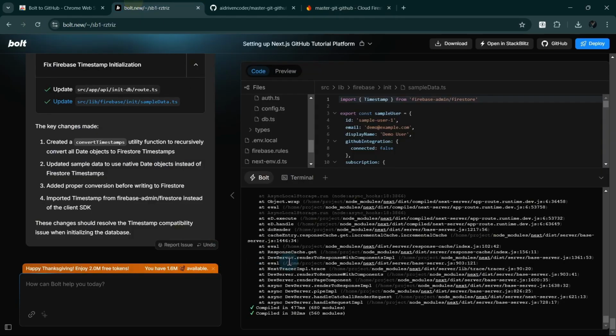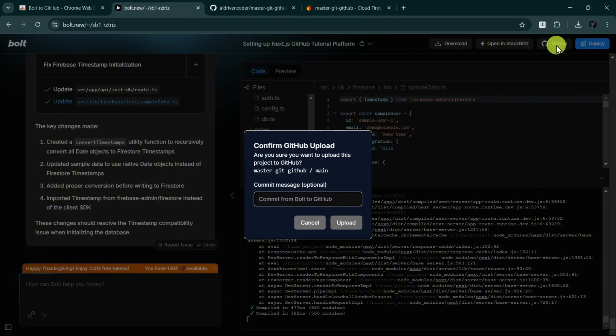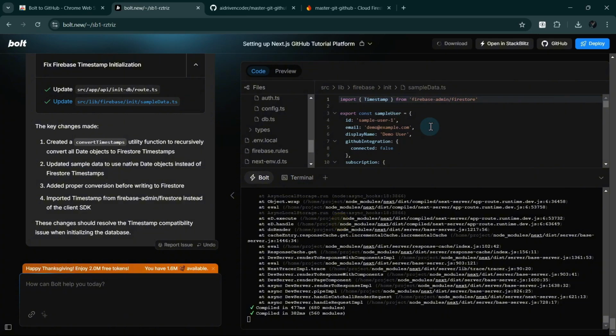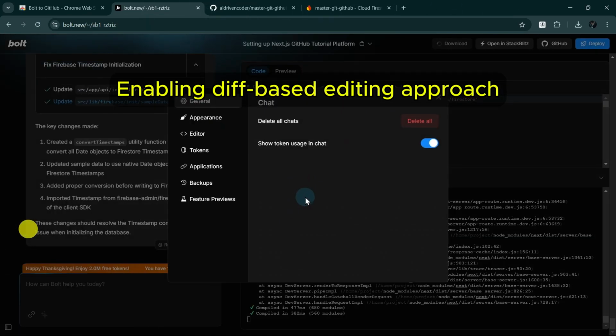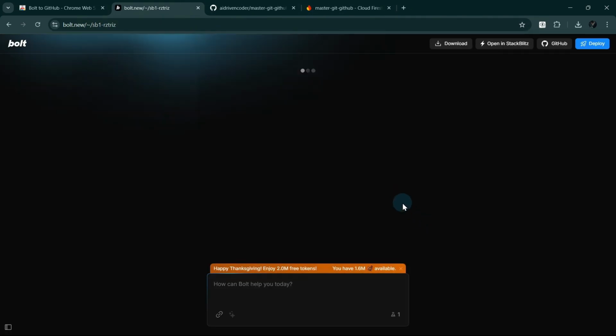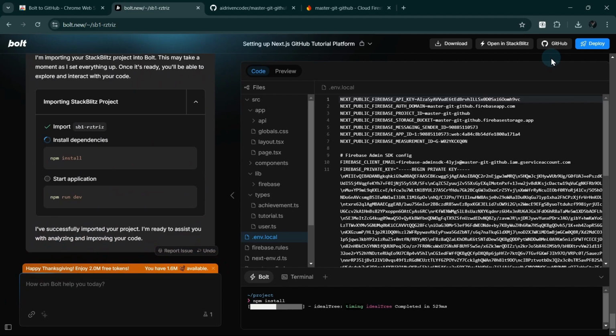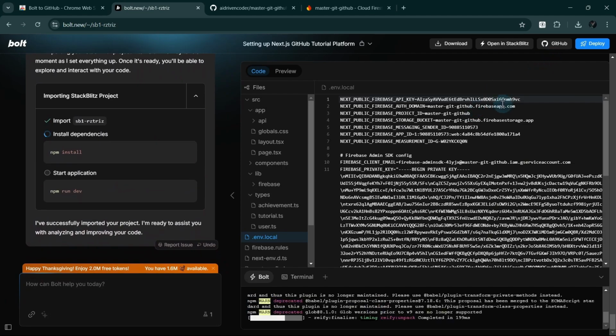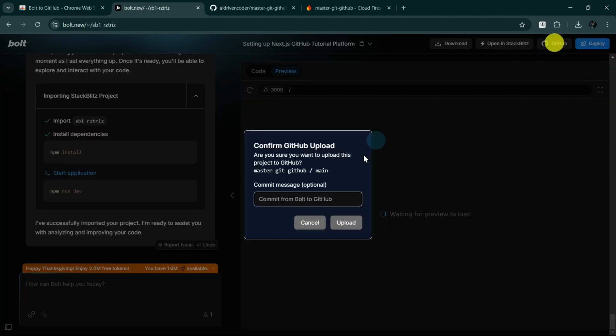Let me refresh Firebase. There's still nothing. Let me click this first. So it looks like it triggers the download again. So let me go to settings and then enable diffs, save and reload. So sometimes the Bolt to GitHub extension doesn't work as expected, but we can try it again here